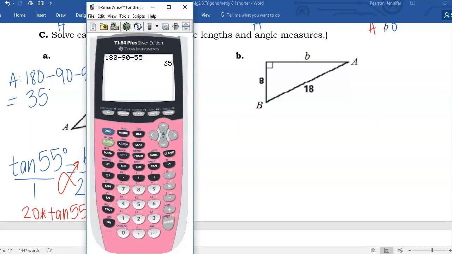So on my calculator, you definitely need to be in degree mode, okay? Different calculators have different ways to change their mode. I don't want to be in radian mode. I want to be in degree mode. If you need help figuring out if you're in the right mode or not, just let me know. But I'm going to start then with